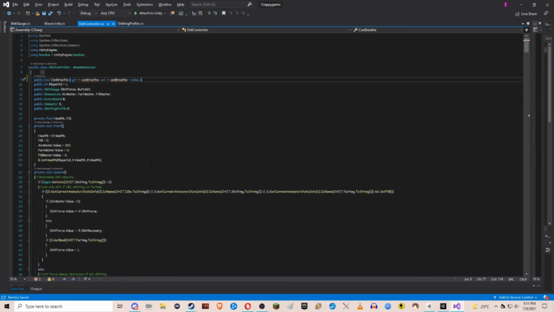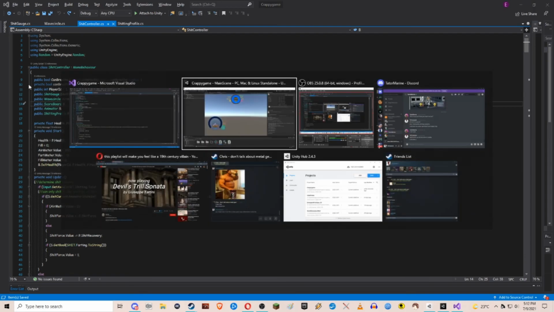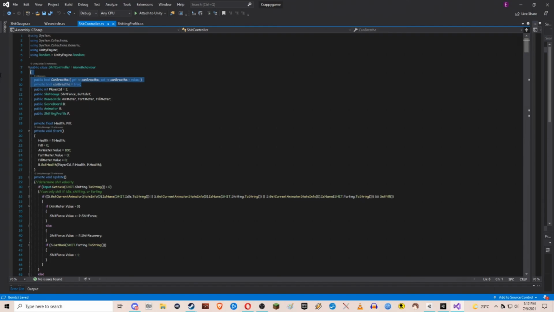So just a quick, oh, I cannot get rid of that. Why are you lying to me? There we go. Okay. So now Visual Studio is happy. But wait, do I even use